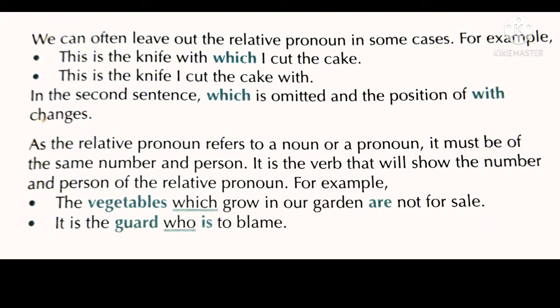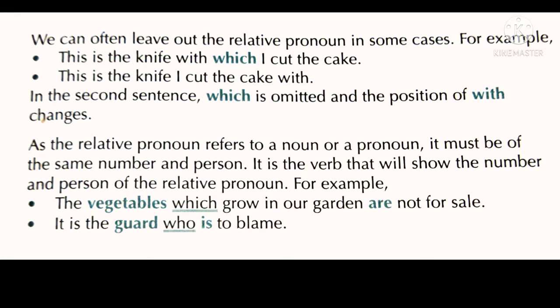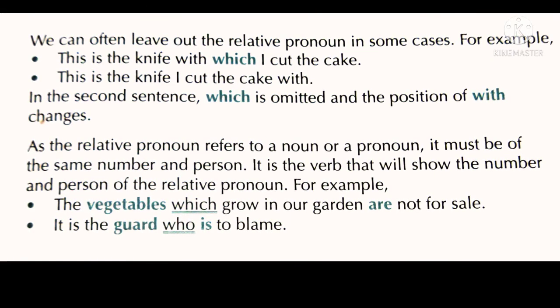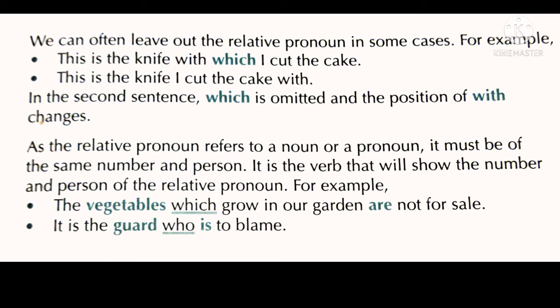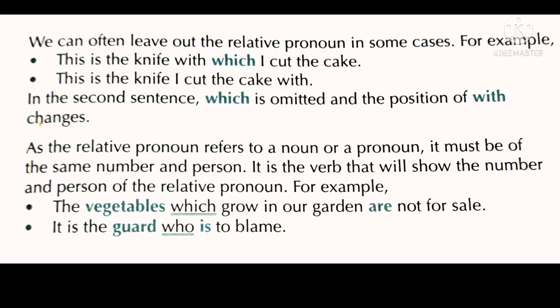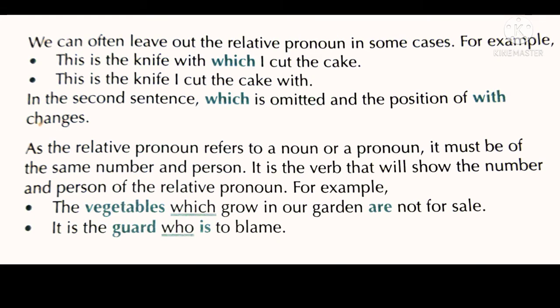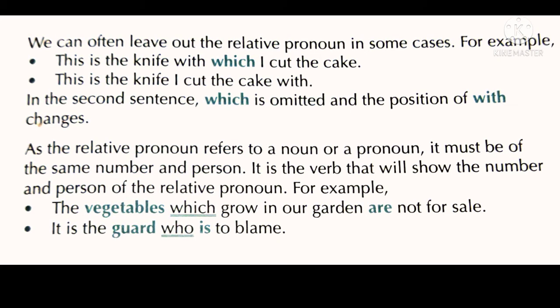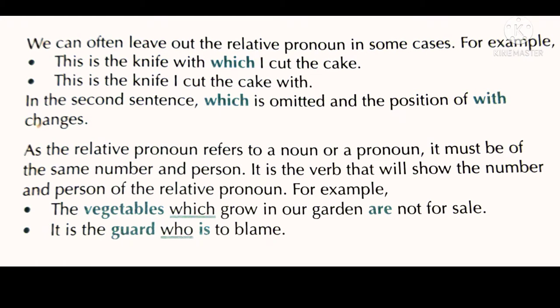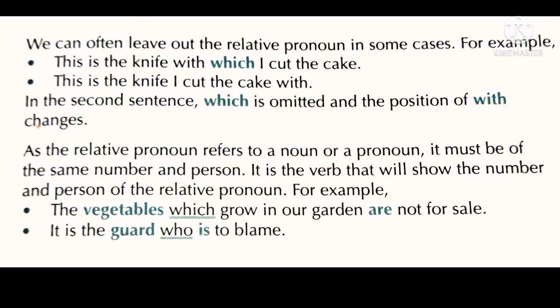We can often leave out the relative pronoun in some cases, like this is the knife with which I cut the cake. Second sentence, this is the knife I cut the cake with. You can notice in the second sentence the word which is omitted and